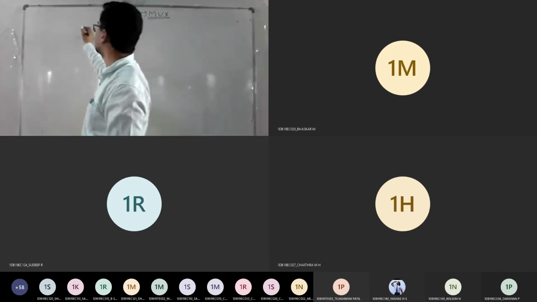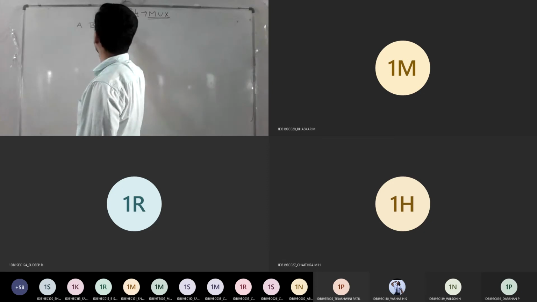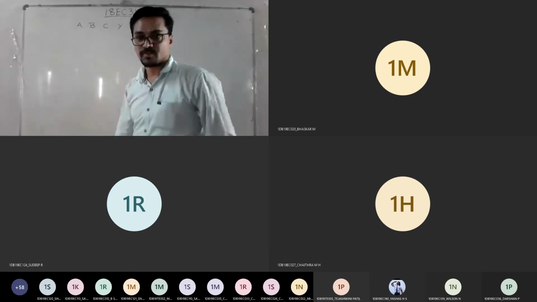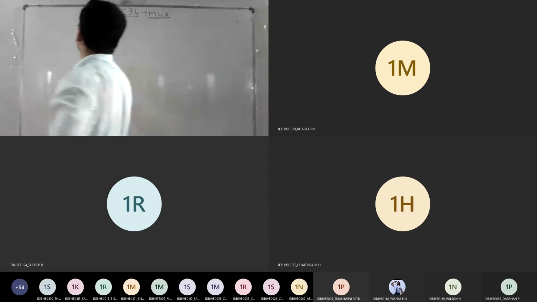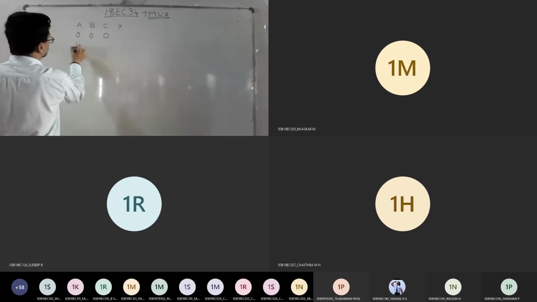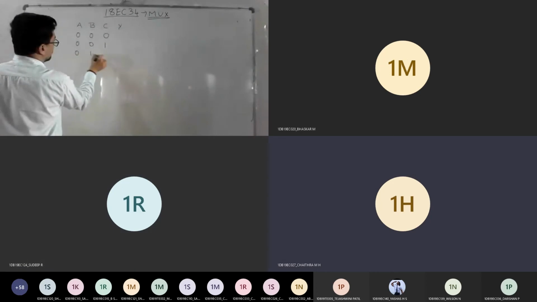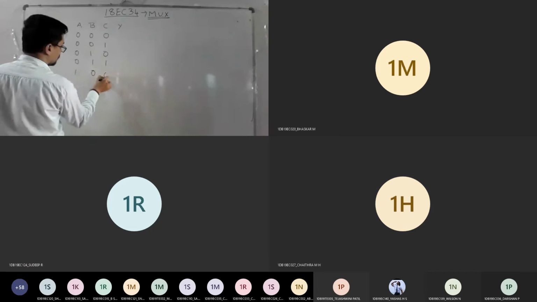So the given truth table, this is given in the question, okay? So A, B, C and Y. So A, B, C means how many inputs, how many combinations will you get now? 8 combinations. So this is given for you in the question itself. So you need not worry.